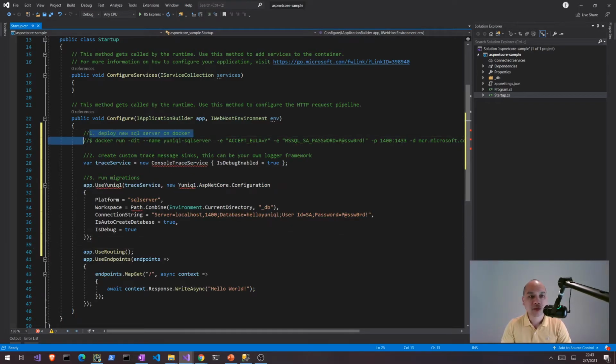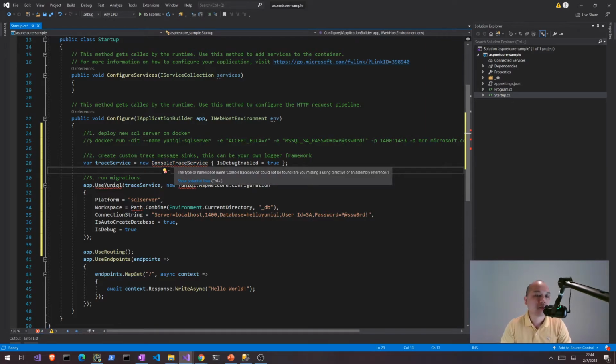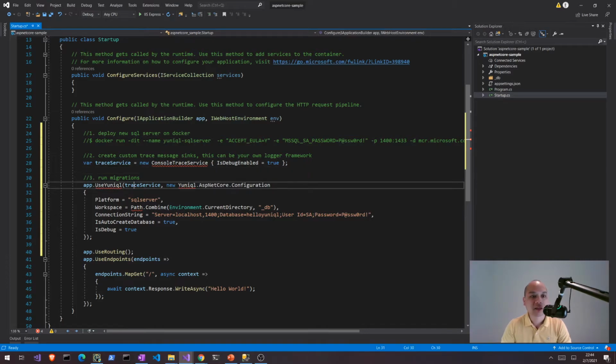First one, of course, we need a database. That's what we have done so far. We have a SQL server that is running in Docker. The step 2 is to create a console trace service. That is actually an implementation of an ITraceService of Yuniql. This allows you to basically choose whatever logging framework you want within your application. So if you use Serilog or Log4net or a custom logger, you could just implement the ITraceService and feed that to Yuniql when the migration runs. So you have a well integrated logging